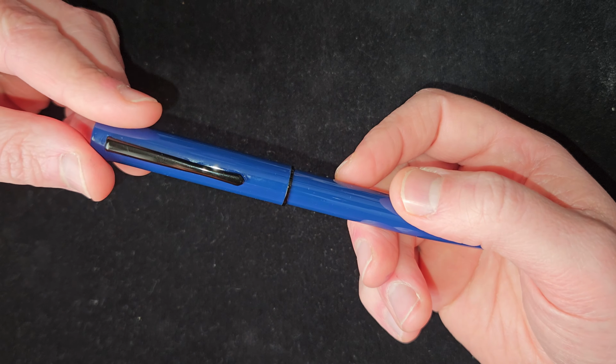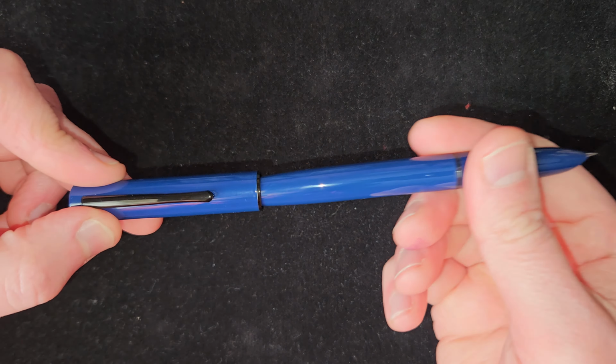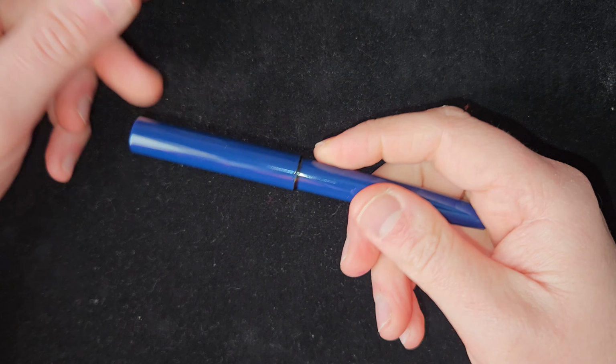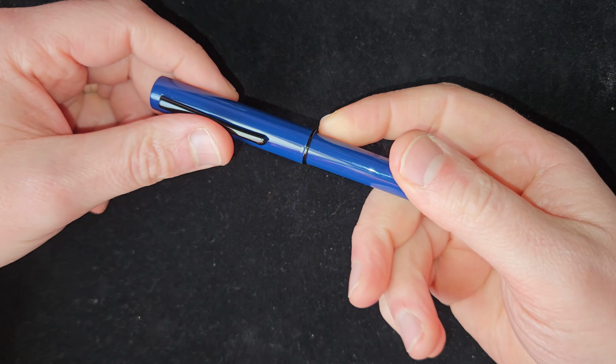However, good tool for the job. And I like that deep posting as well. I find that comfortable. So yeah, it's just unglamorous, which is fine. That's what you need sometimes, and certainly for that price, you could get a lot worse. You've got a very functional, reliable pen. Job's a good one. I would like some more nib ranges from Hongdian, but it's probably the wrong pen to talk about that with. I've got a few more coming up